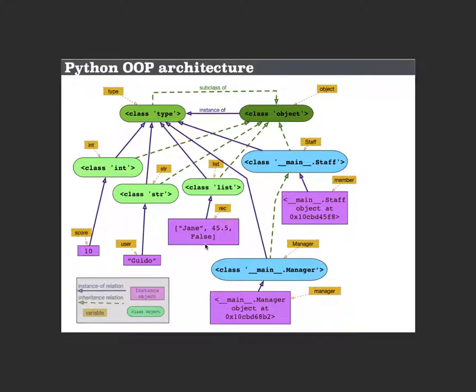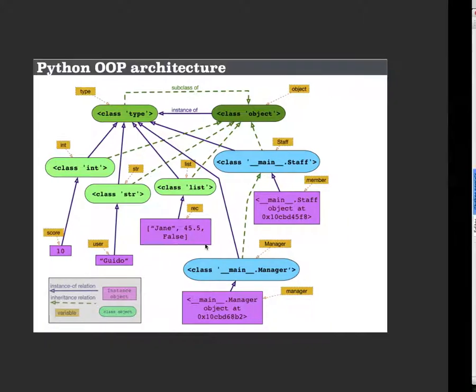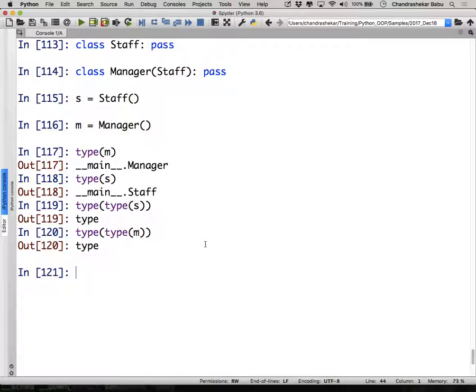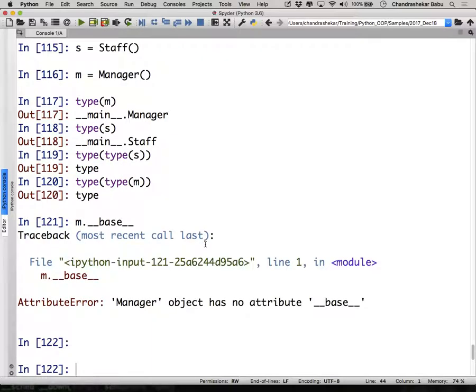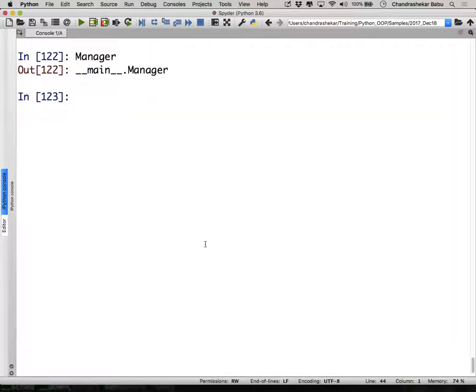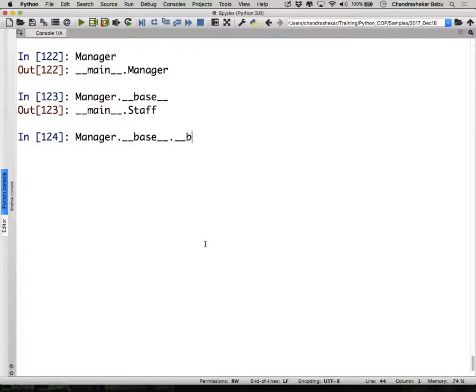But however, there's something called inheritance hierarchy. To know inheritance hierarchy, you could say inheritance can only be for class to class, never to objects. Objects, right? By default, always inherit their classes. Which means I can't say m dot __base__. This is a special attribute to find out the superclass of this particular class. Only classes are superclasses. See? It says manager object has no attribute __base__. I'll show you something. Manager is there, right? Manager is a class. Manager dot __base__ will tell you it's staff. Staff dot __base__ will tell you object.